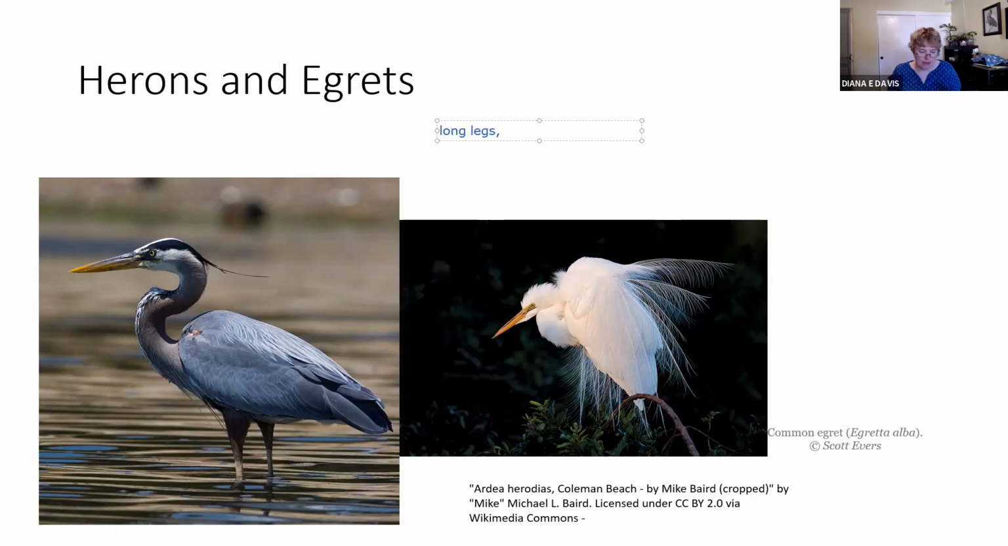Long legs, generally wading birds. They walk through the water to feed. They tend to breed in groups called rookeries. A rookery is an area where a lot of birds,